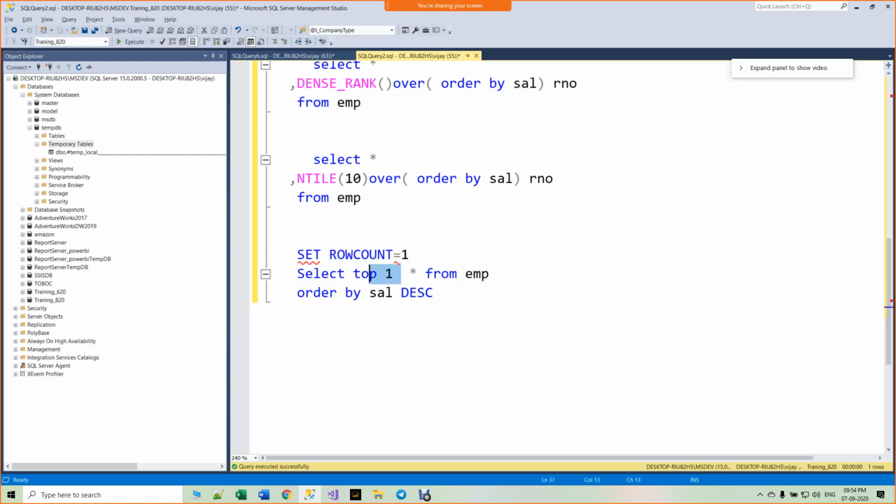If you remove the top clause, set row count equal to 1.